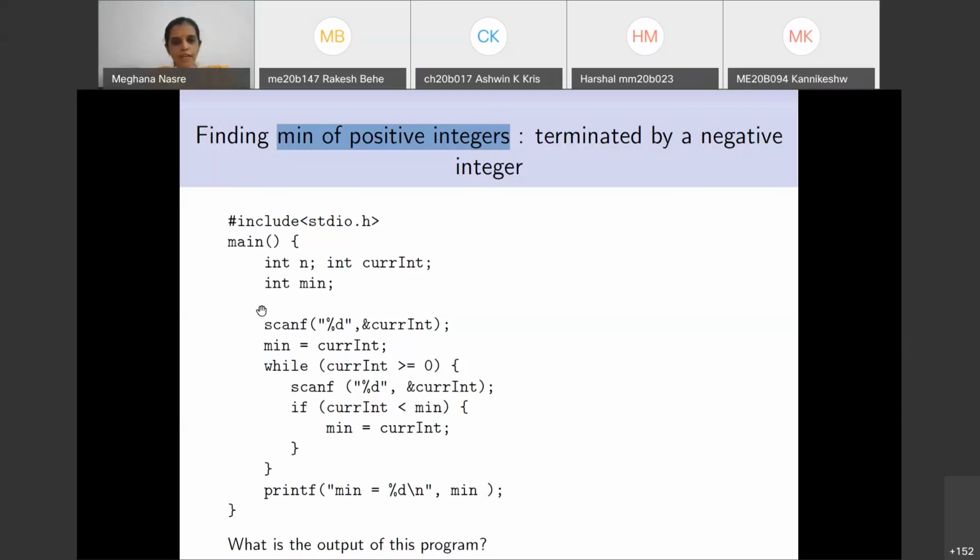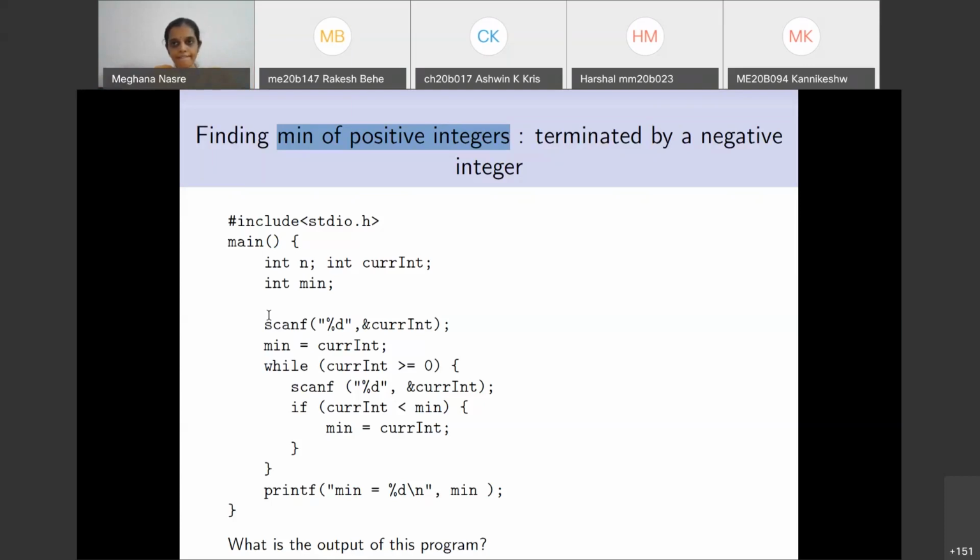Okay, so we'll also write a printf statement, but it doesn't matter. The way we can execute this program is that you will be prompted to input an integer. It would have been ideal to say "input the next integer." You enter it, type it out, and press enter. Even if you are not prompted, the program is just waiting. You input that integer, press enter, input the next integer, press enter. Whenever you want to stop, you enter a negative integer.